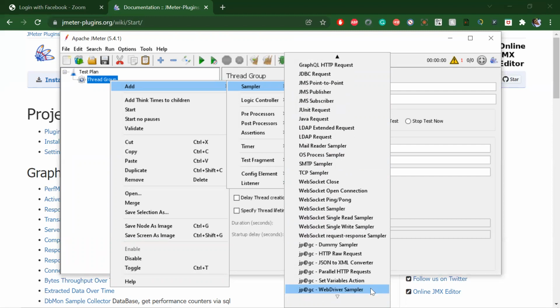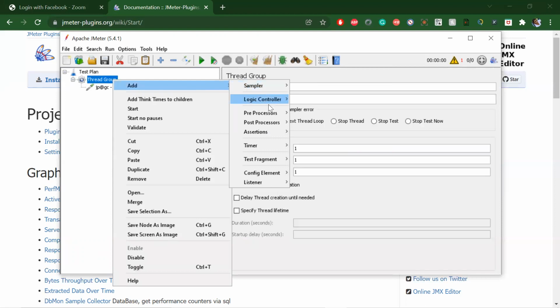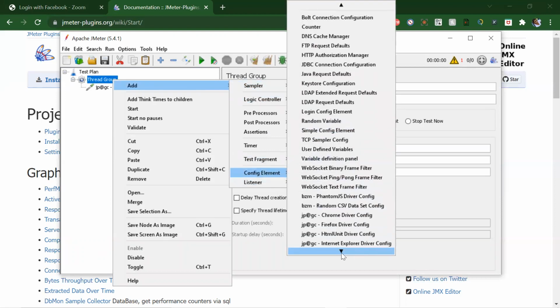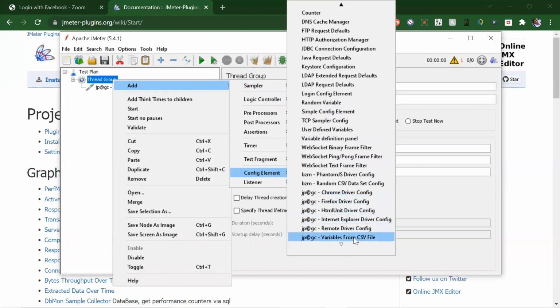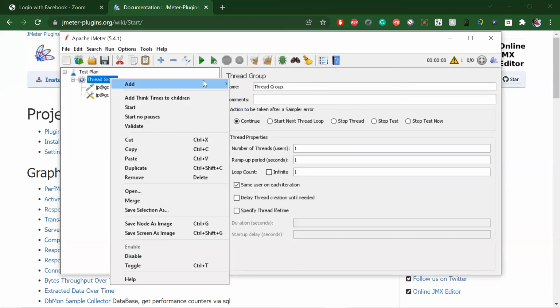WebDriver is one of the functions in Selenium which helps to communicate. So it's called the WebDriver sampler, right? And this is just a working area where you can write code. But we need some browser to communicate. So that's where we come to config element. Add config element, and you can see all the browsers available. Whatever browser you want to test, you can select it. I'll use Chrome here. Okay, add Chrome. Right. Now add a listener, a view results tree.